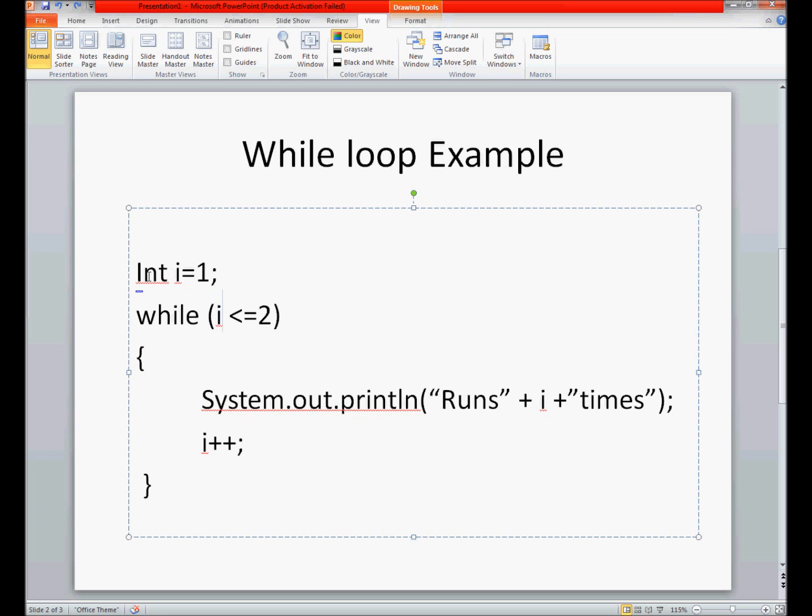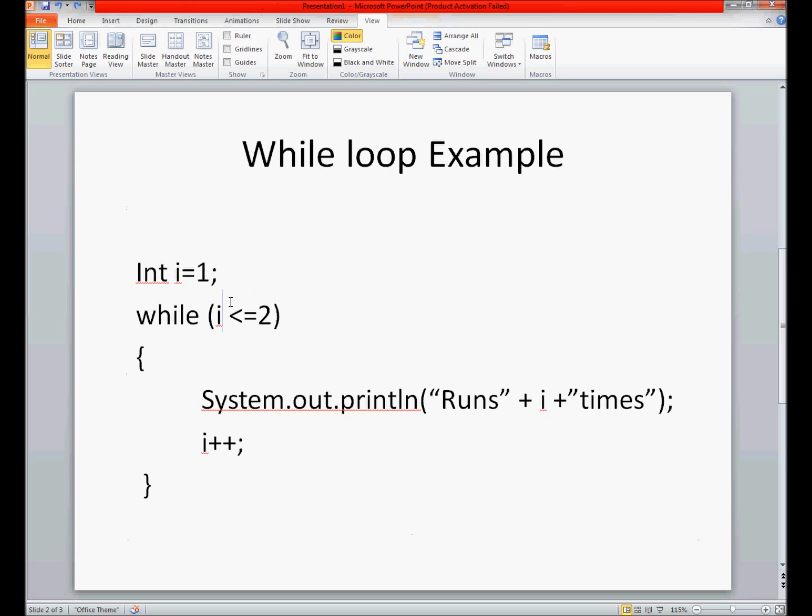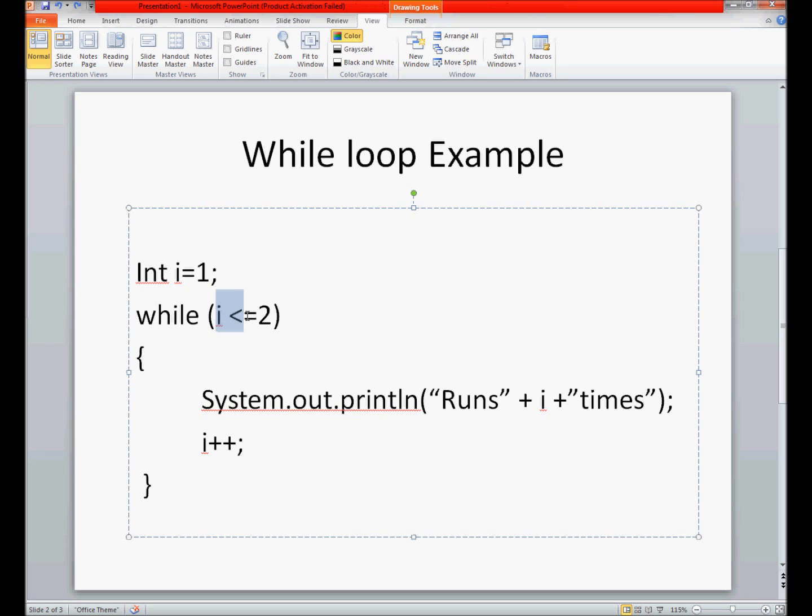So the first time it will run, it will come down and say it runs 1 time, because I equals 1, and then it will add 1 onto I, so I now becomes 2, and it will come back up here and say, well, 2 is less than or equal to 2, so it will run again. It will say System.out, runs 2 times, and print that out